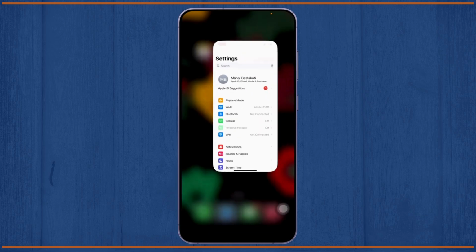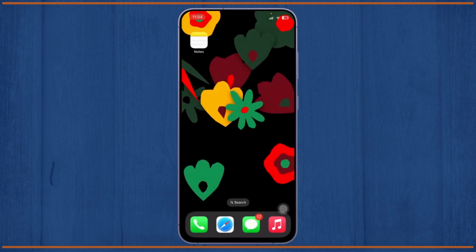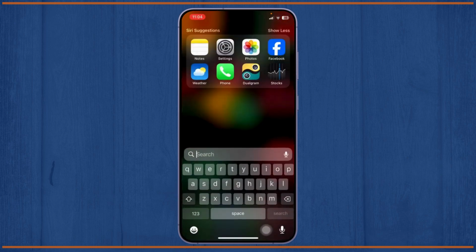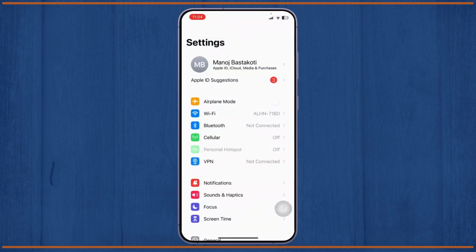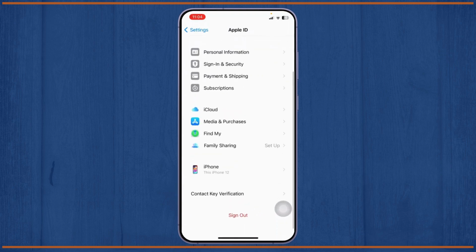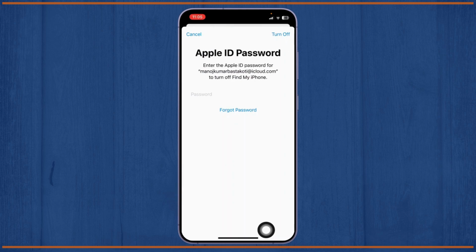Go back, close the app once more, and again open your Settings, head back to your iCloud account, and inside the account, as you can see, the sign out option is available now. Hit the sign out option. For this you need to enter your password. Let me enter mine,